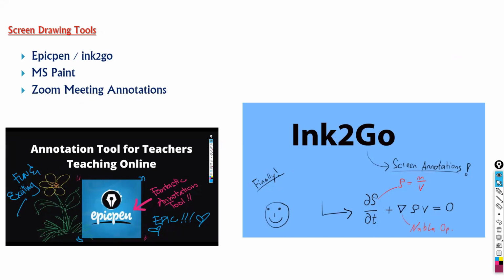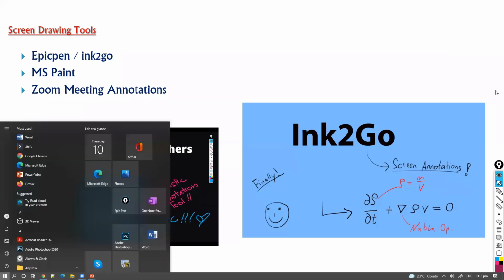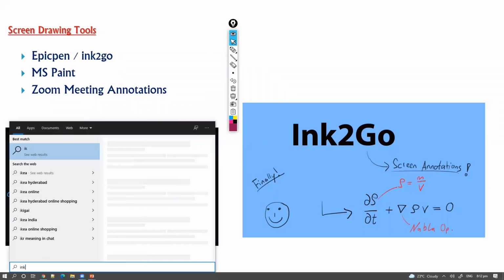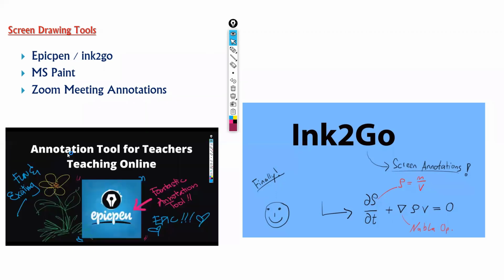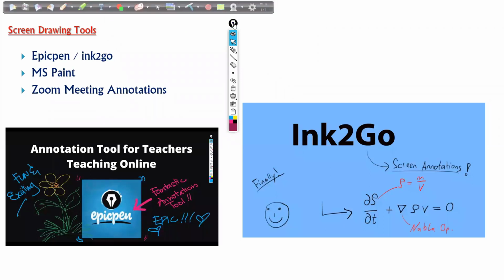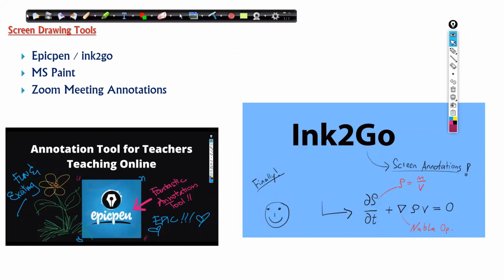Okay. So you can either use this Epic Pen, the one which I'm using, or you can use some kind of Ink2Go. There is one more software which I used earlier. When compared with both, Epic Pen is a better option in terms of quality and the options. In terms of simplicity, I recommend Ink2Go. If you don't want to get into complexity and you just want a simple way to draw things, Ink2Go is a better option. You can see the two different tabs here.